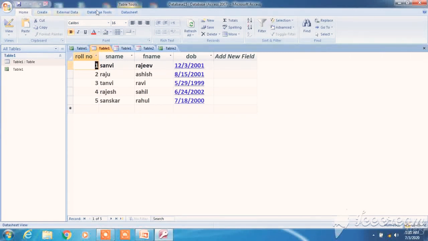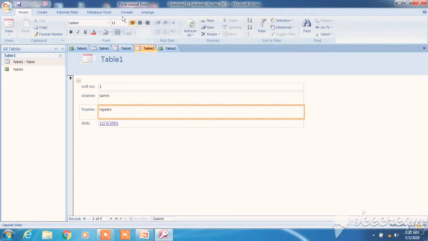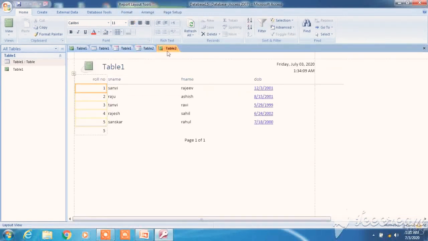These menu items are there: Home, Create, External Data, Database Tools, Datasheet, right? When you click on the form option, there are two more tabs. One is Format, one is Arrange, and designing also can be done, right? So these tabs are what? Contextual tabs.